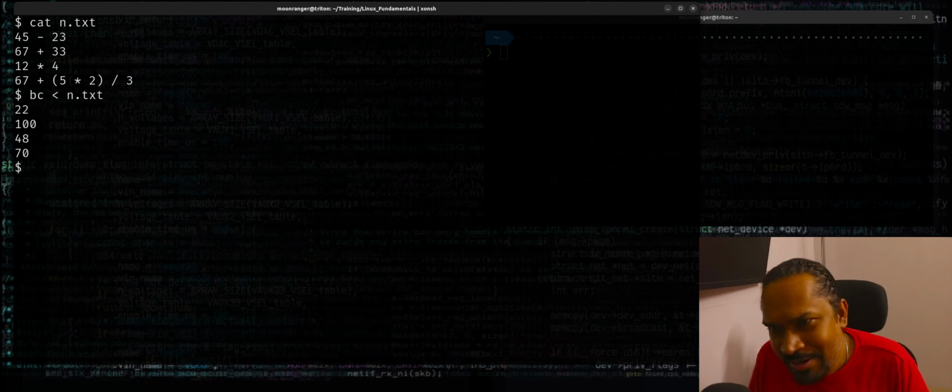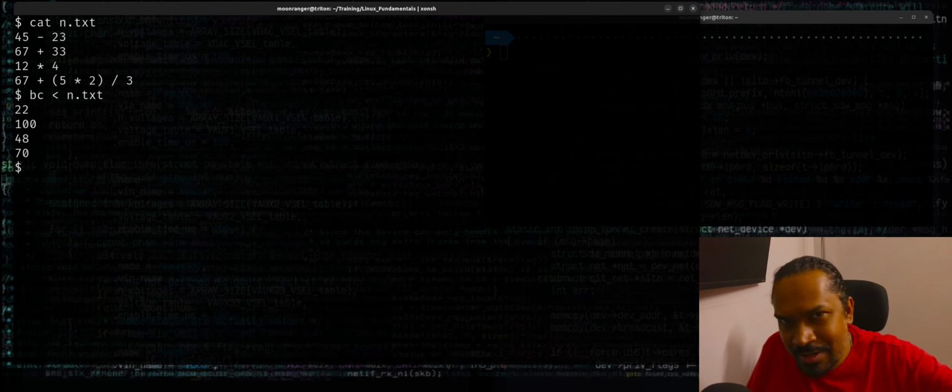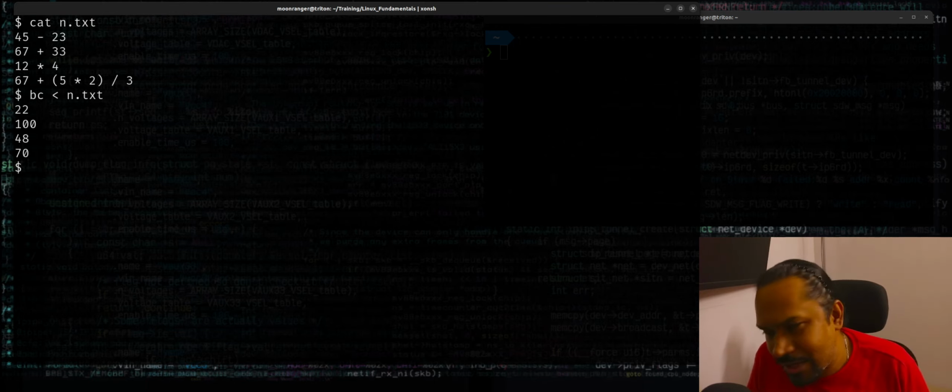So if you have a series of arithmetic to be done, you can just feed it to BC and expect the result on a line-by-line basis. That's one feature I can think of. You can also feed direct arithmetic over here. BC has support for